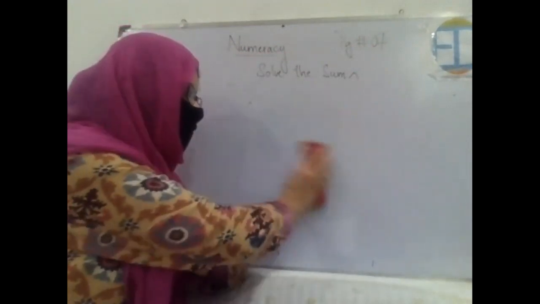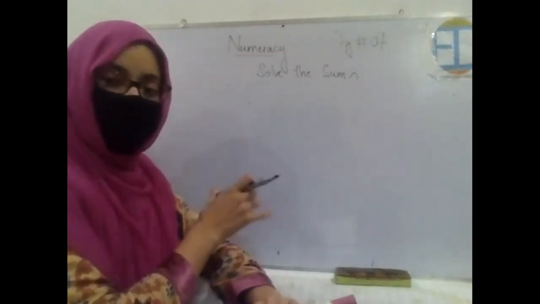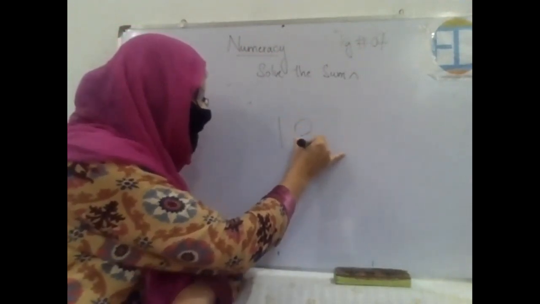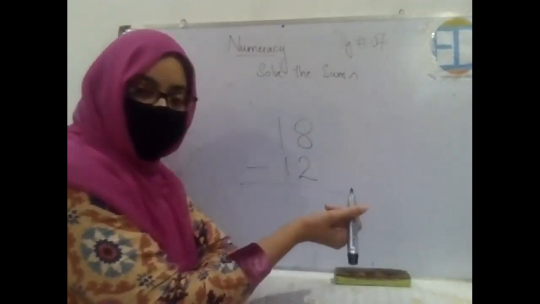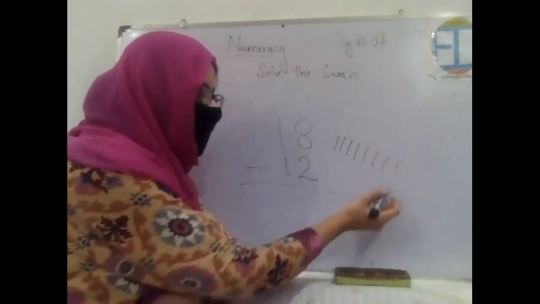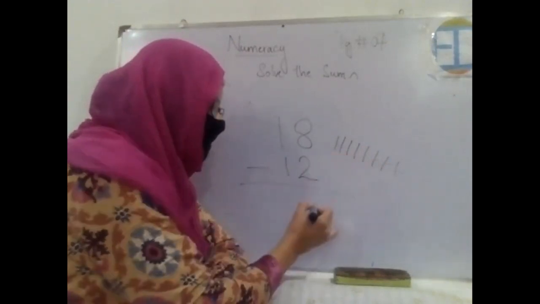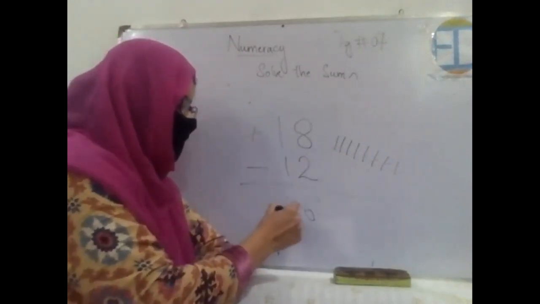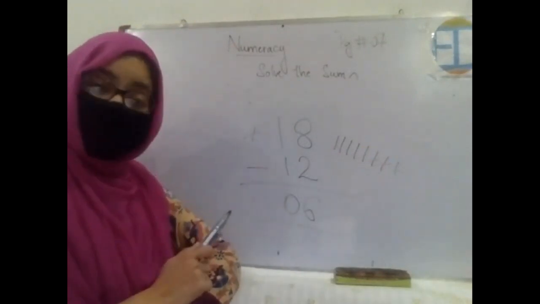What you will be doing, you will first write the numbers in the vertical order. You will write the bigger number on the top and the smaller one on the bottom, right? So we will subtract 18 minus 12, right? Now 8 minus 2, how will you find this? Draw 8 lines, 3, 4, 5, 6, 7, 8, and subtract 2 out of them. Now how many of them are left? 1, 2, 3, 4, 5, 6. So the answer is 6. Draw one line and you are supposed to minus 1. So the answer is 0. This means that how many hats do you have now? You have 6 hats.